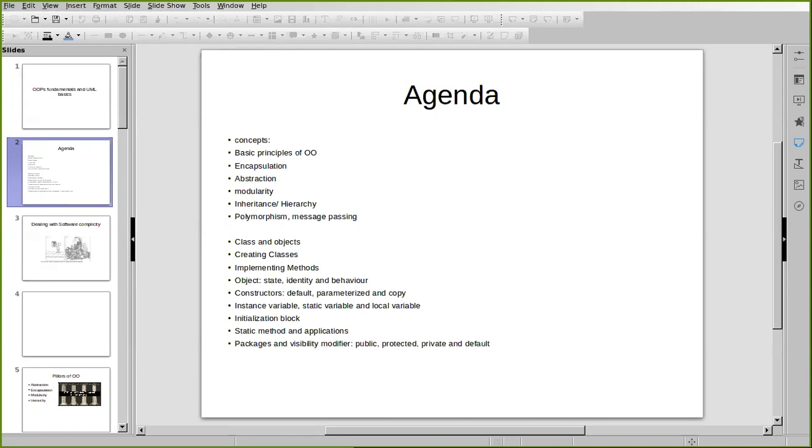What is the definition? It says that abstraction denotes the essential characteristic of an object that distinguishes it from all other kinds of objects, right? So if you see here, we have a cat, but if we are trying to see things from